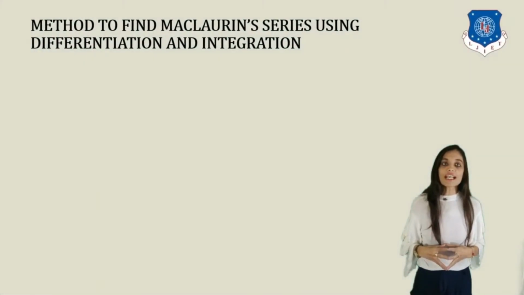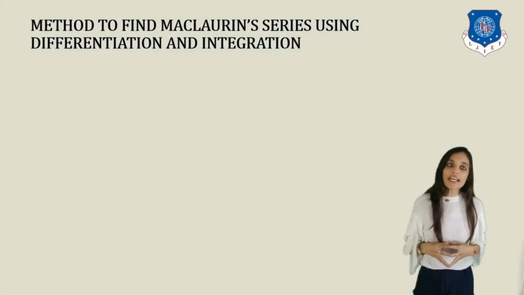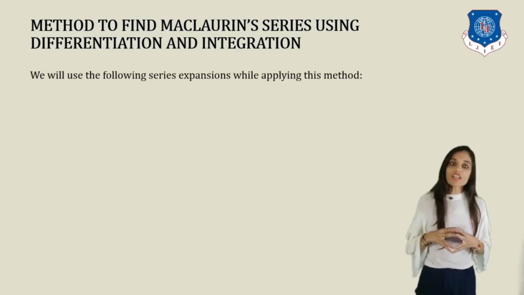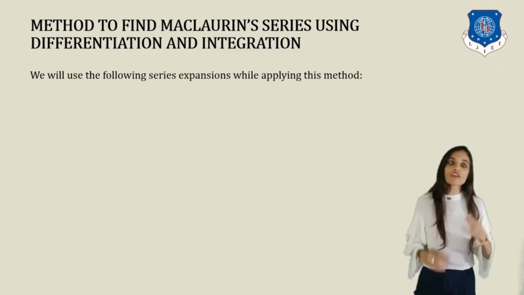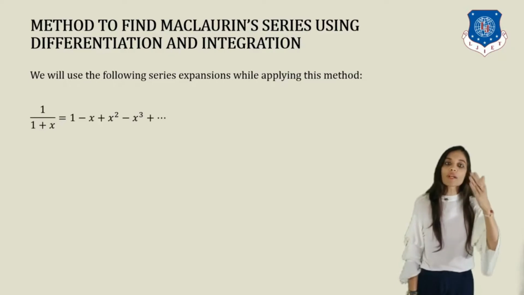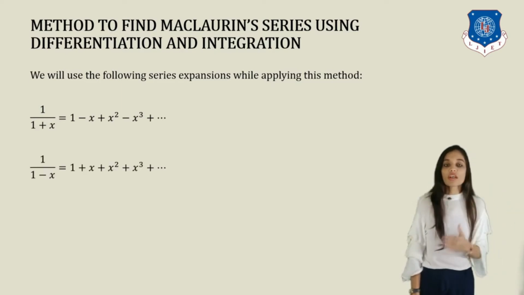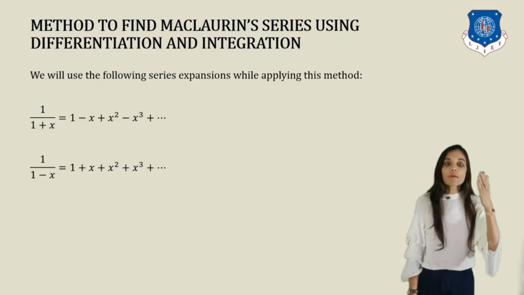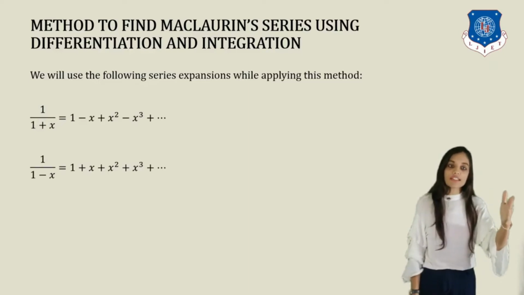Firstly, let us study the method to find the Maclaurin series using differentiation and integration. In order to study this method, you must know the following series expansions. The first is 1 upon 1 plus x, that is given by 1 minus x plus x square minus x cube plus and so on. Next is 1 upon 1 minus x, that is equal to 1 plus x plus x square plus x cube plus and